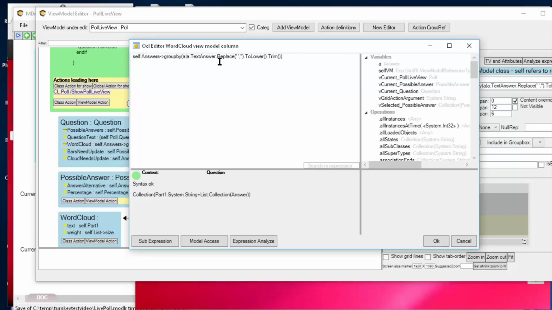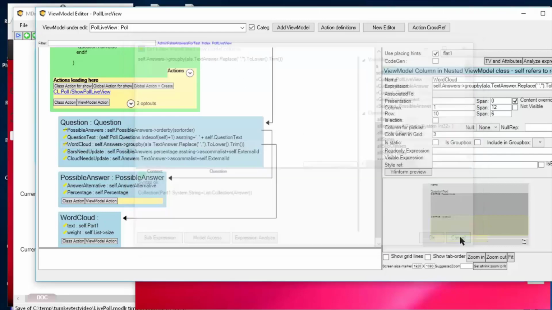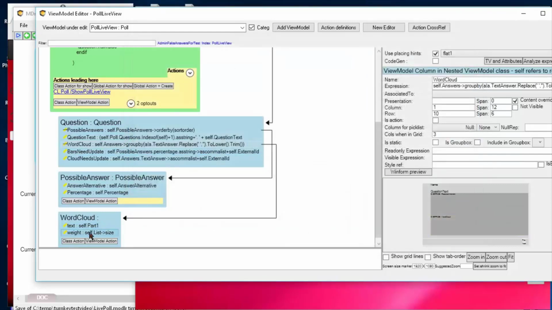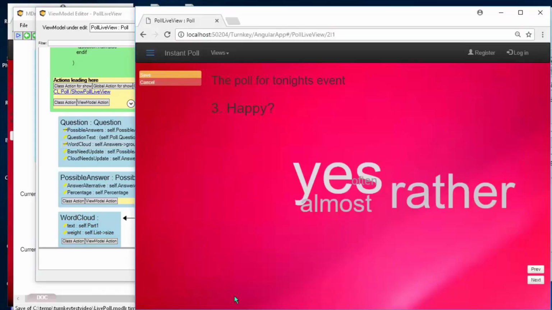So if we group everything on the text answer, we get a tuple back that has the text as part one and a list of all the instances that build this up. So we could do a weight, and this data controls how the word cloud should be rendered.